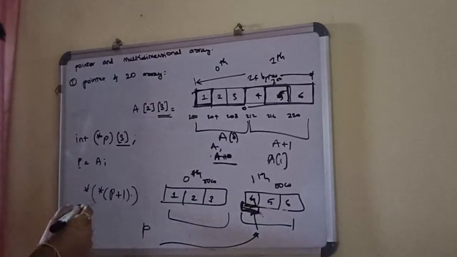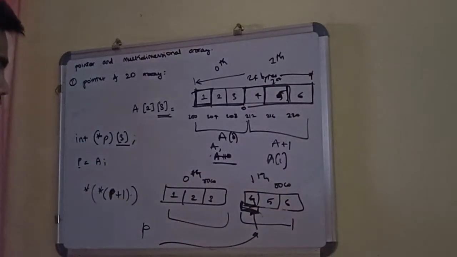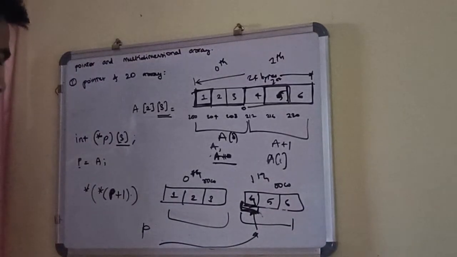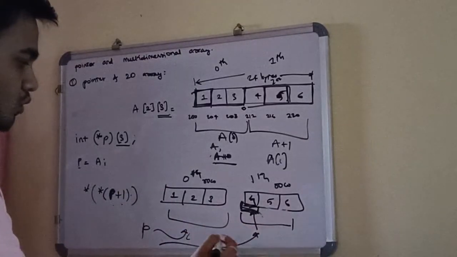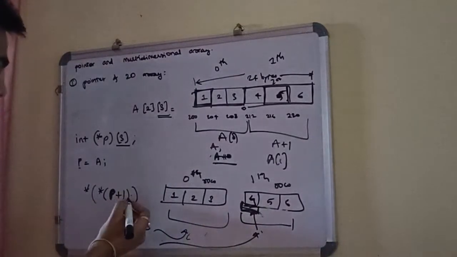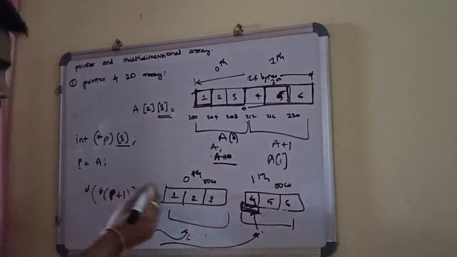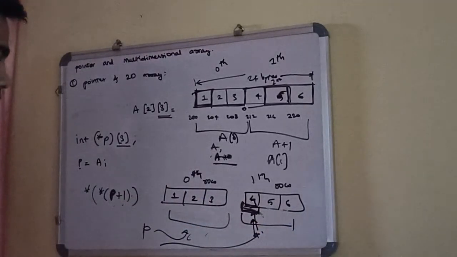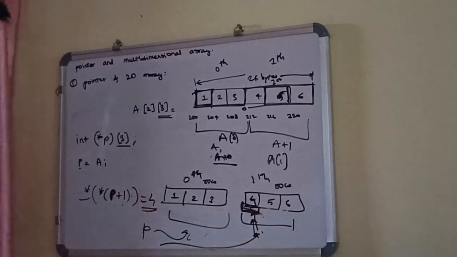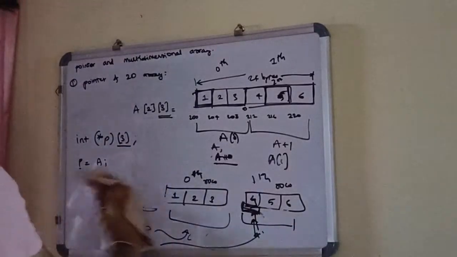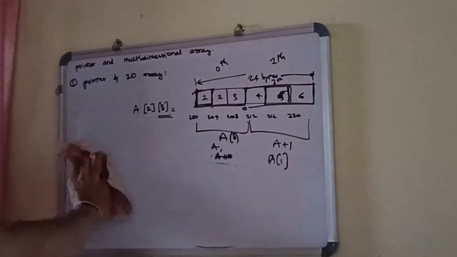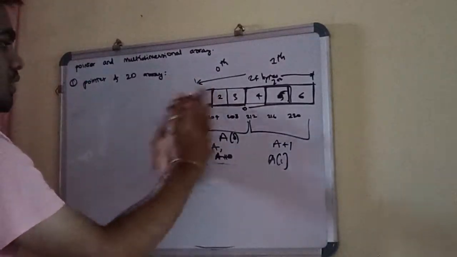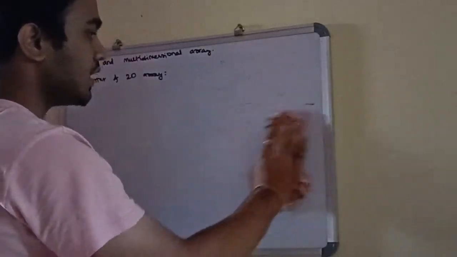So this tells that p is a pointer to a block of array of size 3, so it is pointing here. Then p plus 1 will point to the next row or next block, and in that we are dereferencing it. So we are going to the first element of the first row, and again we are dereferencing it, so we are getting the value 4. So this is the way to manipulate using the pointer.